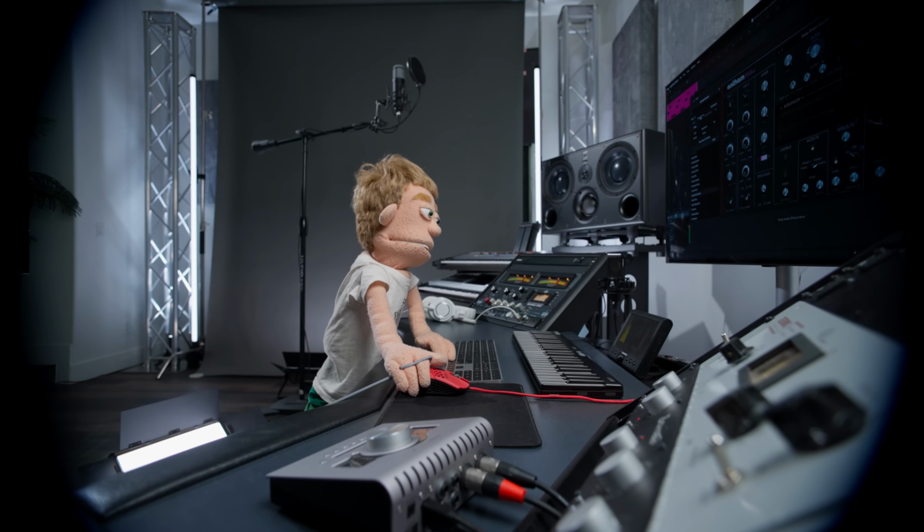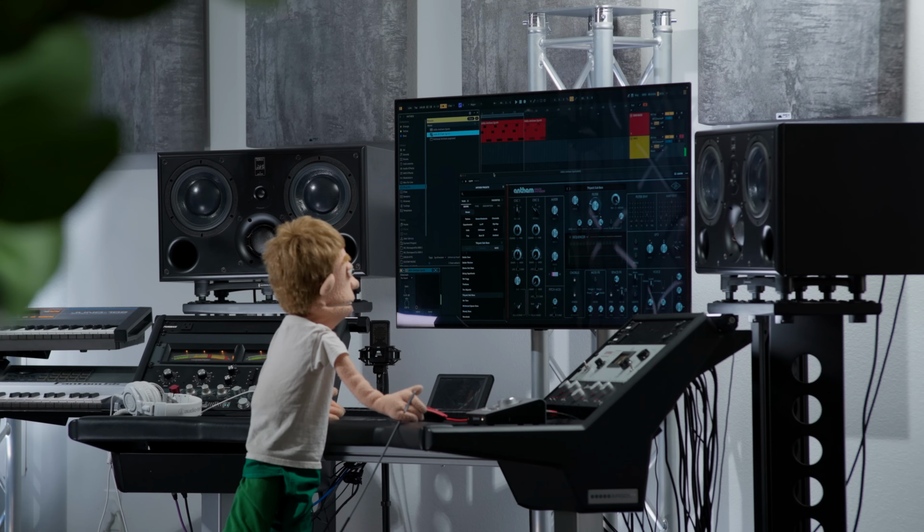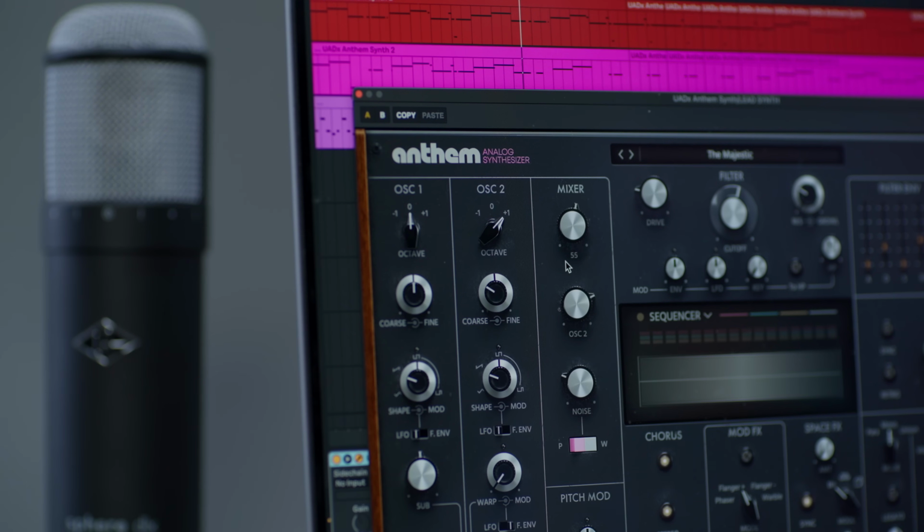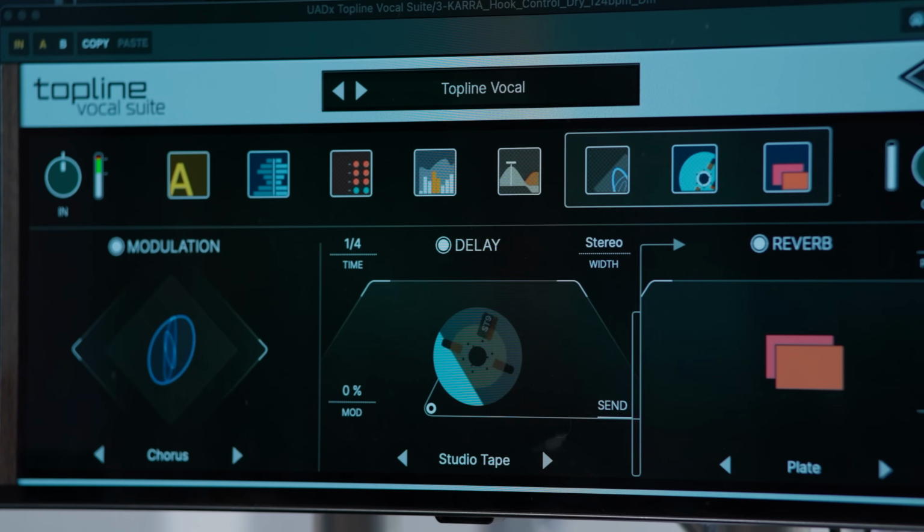Today, I'm cooking up a beat with UAD Spark plugins, and the finished results sound like this. We're all at the fire bar, so let the